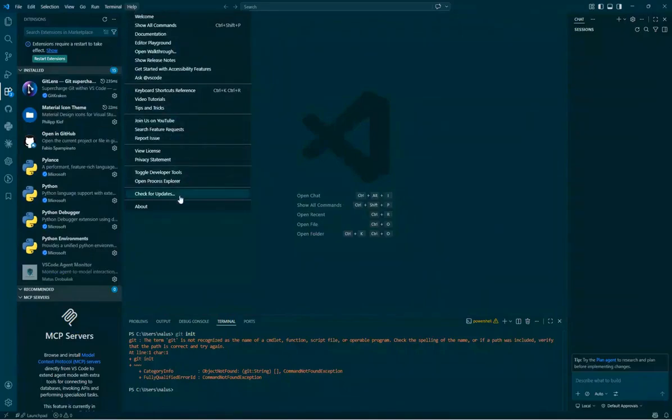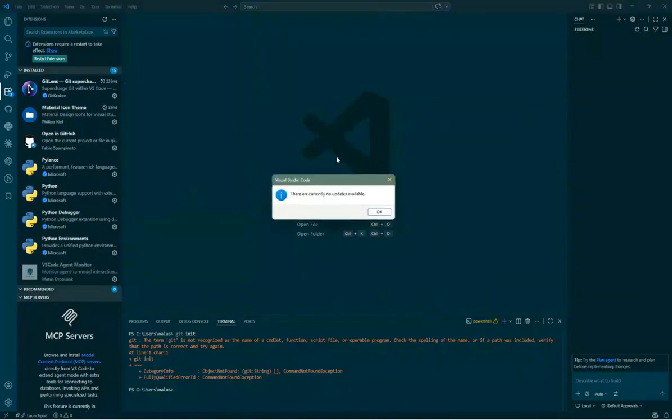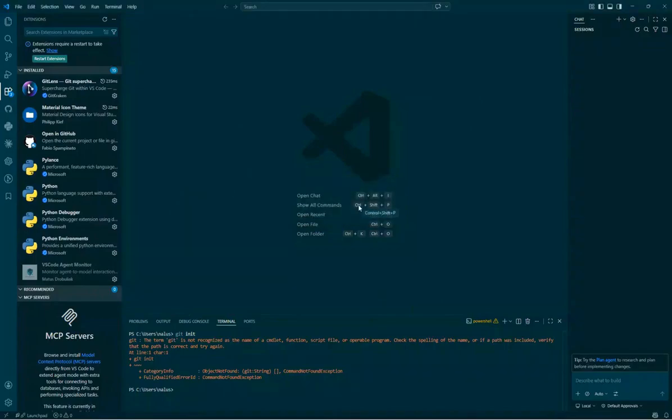For example, if you're coding in JavaScript, ensure you have the JavaScript language server installed. You can check this by looking at the output panel in VS Code for any error messages related to the language server. If everything seems in order and the problem persists, it's a good idea to update VS Code to